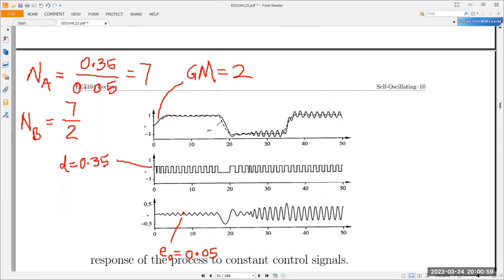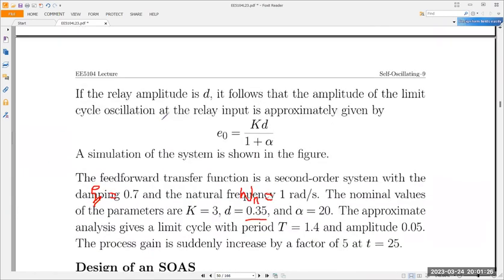Then the simulation says, at t equals 25 seconds, which means here, suddenly the plant gain increased by 5 times. So the adaptive control must adapt itself. So how does the adaptation work? When the plant increased by 5 times, that means that